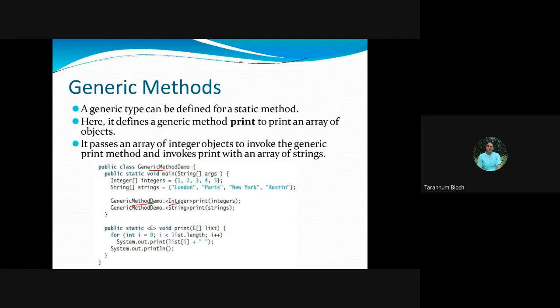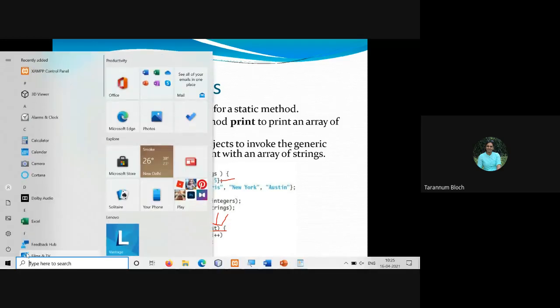So when I say integer and I say print integers, in that case it will print these values. The second time, when I give the concrete type string and call the generic method print, this same method will be called, but this time the list being provided is of string type. Fine? So this is generic. Is it clear?